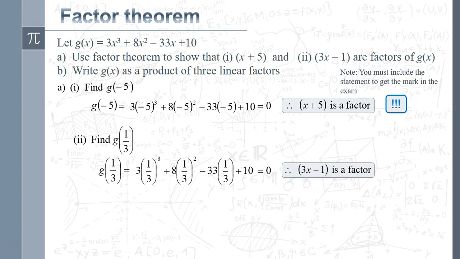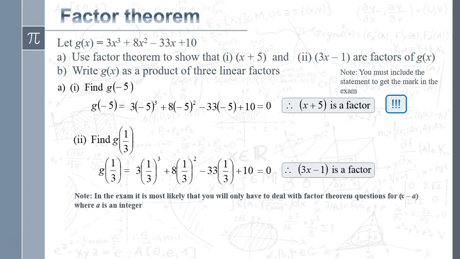So what we've done there in part A is just subbed in a relevant number, shown that it equals 0, and then made our statement say that x plus 5 is a factor, or for part 2, 3x minus 1 is a factor. Hopefully that's reasonably straightforward. Thing to note, just in the exam, 9 times out of 10, you're just dealing with a factor that's an integer, rather than something like this one here where you ended up having to do a fraction. But just in case, I included this example here, just so we're okay to deal with something like this